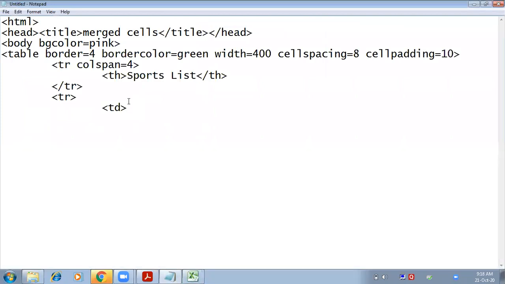So here I will write td rowspan. Sorry, you don't have to apply colspan in tr, you have to apply it in th. Colspan equals to 4, and here rowspan equals to 2, because we have to merge only two rows.